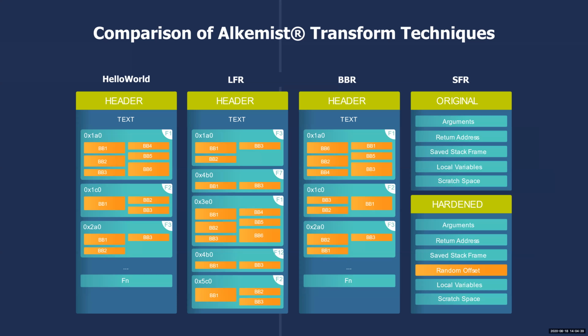So we've got three different transform techniques in our Alkemist product. On the left side, you'll see a standard Hello World program that's been compiled. There's a header, whether it's an ELF or PE header, you have your header there. And in your text section, you've got functions 1, 2, 3, all the way to function N. And each of those functions contains a set of basic blocks that make up the functionality of that function. So that's the normal Hello World